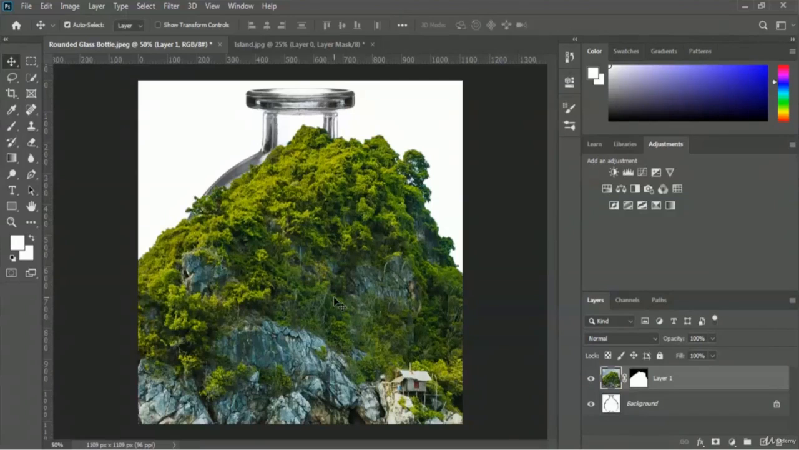So we have to scale this image, and therefore you just have to press Ctrl and T button. Those who were using Windows, you have to press Ctrl and T button to scale, and those who were using Mac, then you have to press Command and T button. So just press, I'm using Windows, so let me press Ctrl and T button, and let me zoom out this